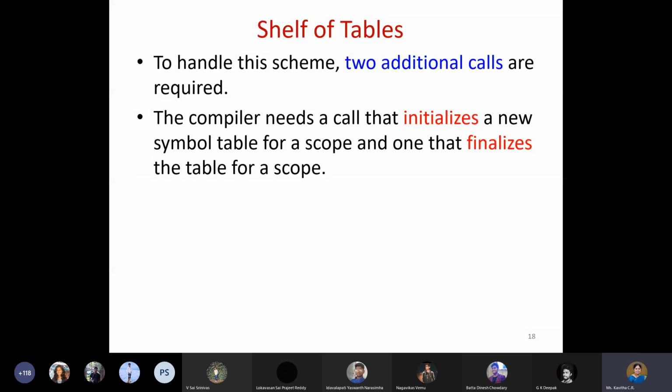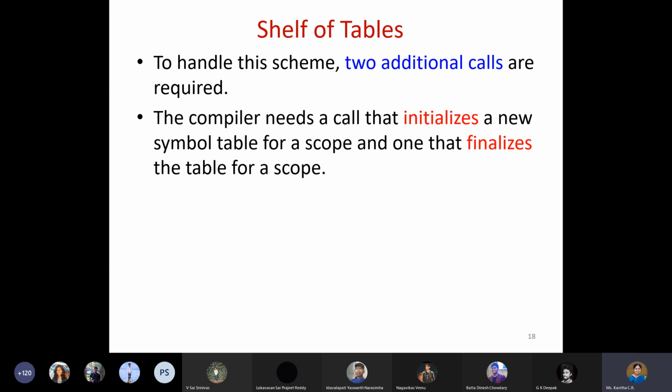This is the first slide. Thank you, Shiva. So what we do is we use the shelf of symbol tables. And in the last class, I showed one example of how the evaluation will be done whenever block structure and nested structure is involved in the code. Along with the two operations I mentioned, the lookup and the insert operation, we also have to track the begin and end of every scope, that is a lexical scope. Where does it begin and where does it end? That's very important